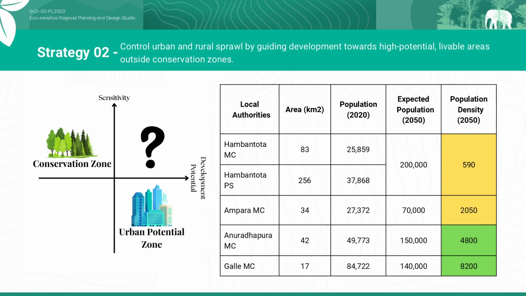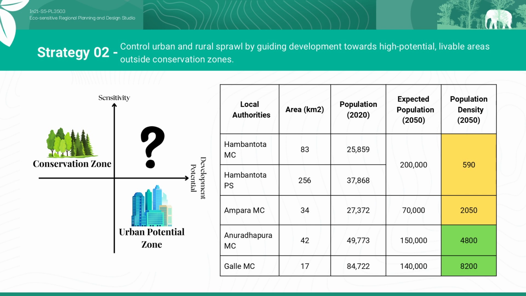So our group is recommending that at the urban level, we first need to consider and add sensitivity as one of the criteria, a sensitivity which includes HEC as one of its components. When it comes to this graph method, you can see that this is a sensitivity versus development potential graph. The understanding of this graph is that when an area has low sensitivity and high development potential, that area can be allocated to the urban potential zone. It means we can develop the urban.